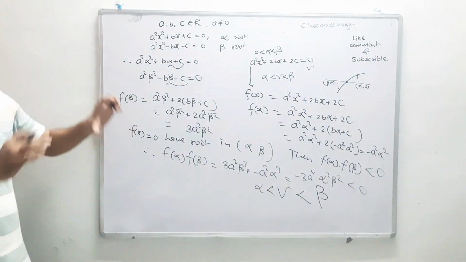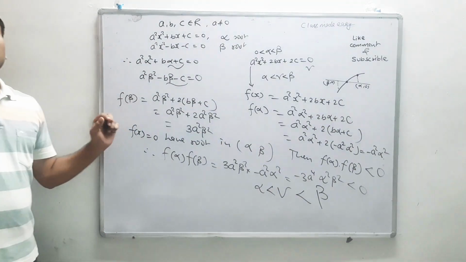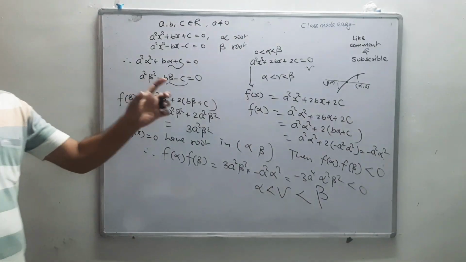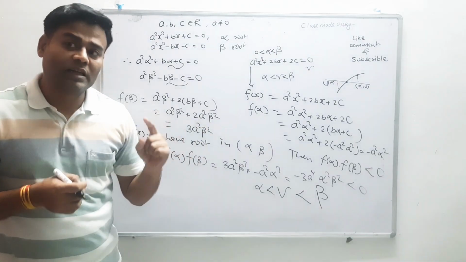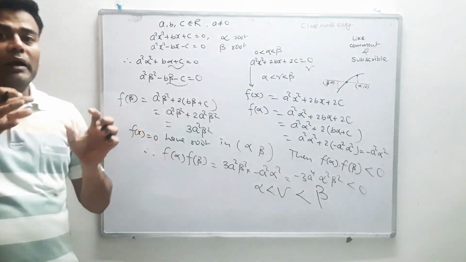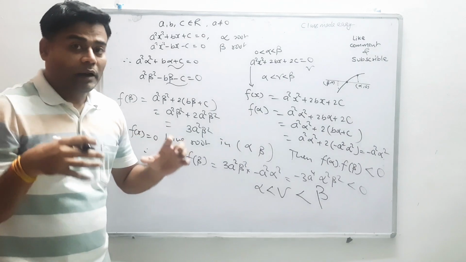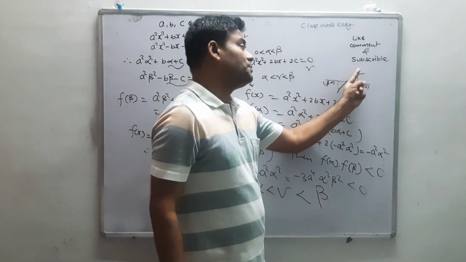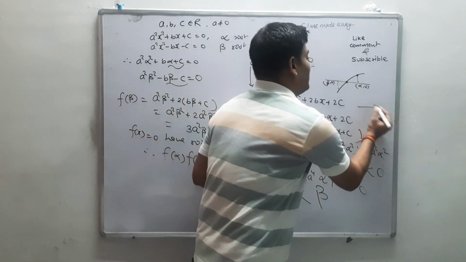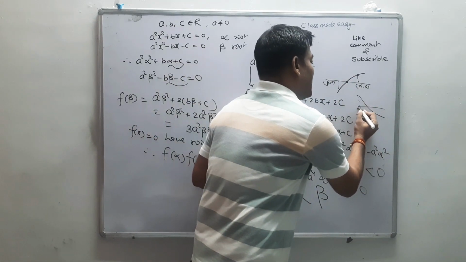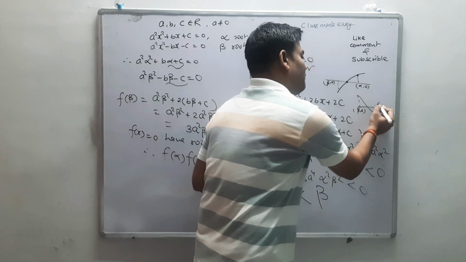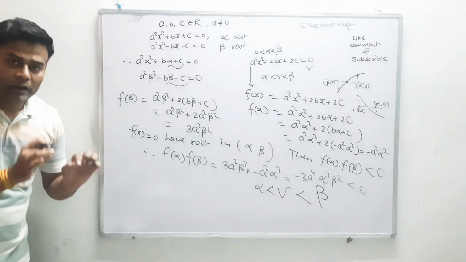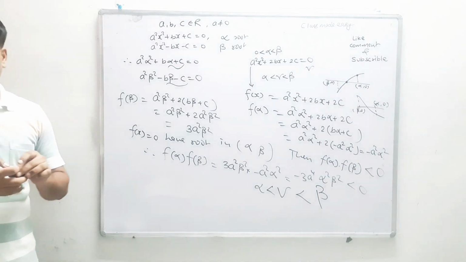Okay students, so in that problem we studied how the function behaves. An interval is given, and if in that interval a function has one root, then at the extreme values of the interval the function changes its sign. Either f(beta) is negative and f(alpha) is positive, or the opposite, like this. This is beta, f(beta) is positive and f(alpha) is negative. Whenever the curve changes its sign, a root lies there. Okay, so this is the one problem.